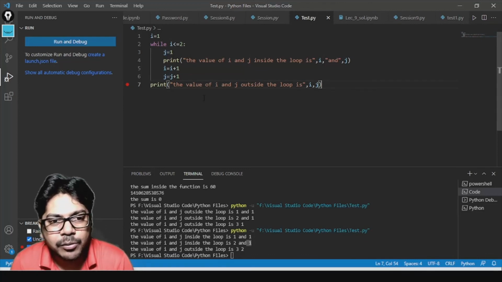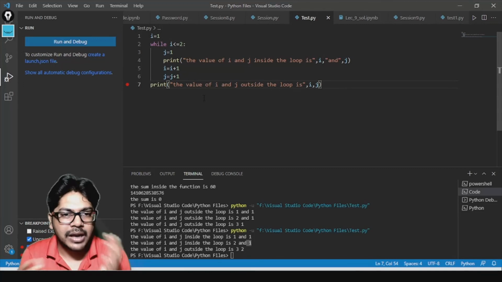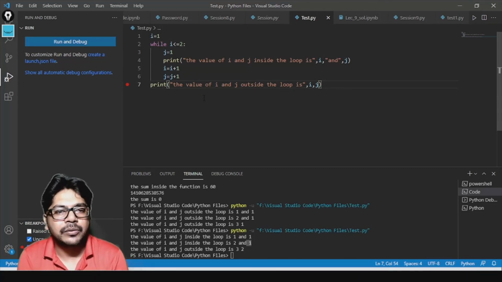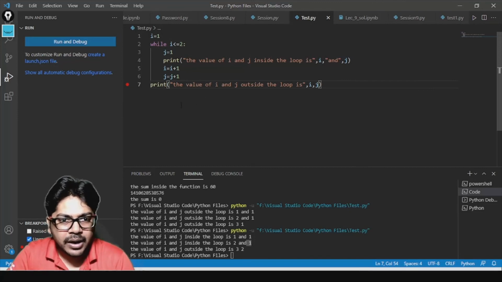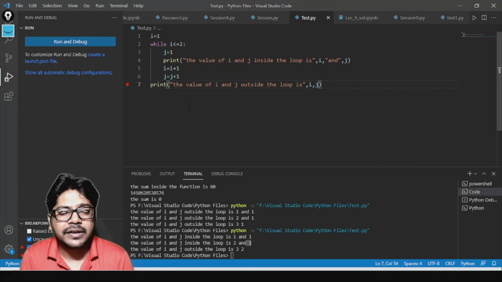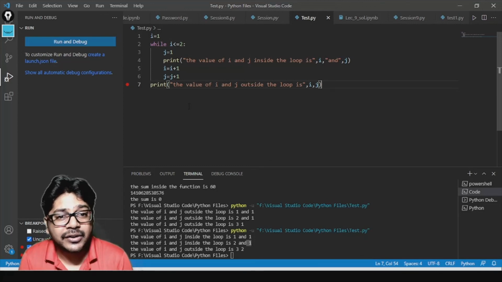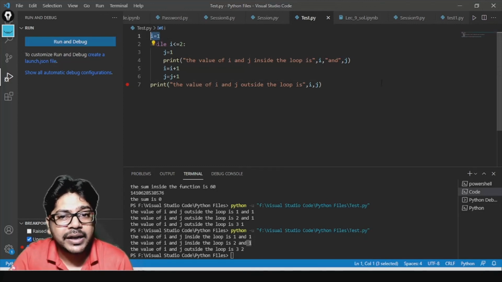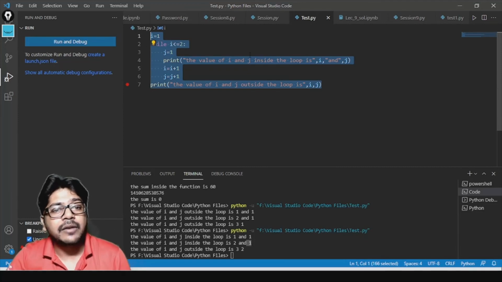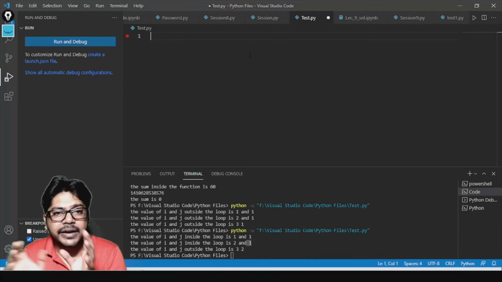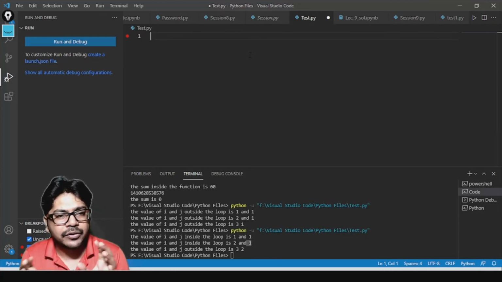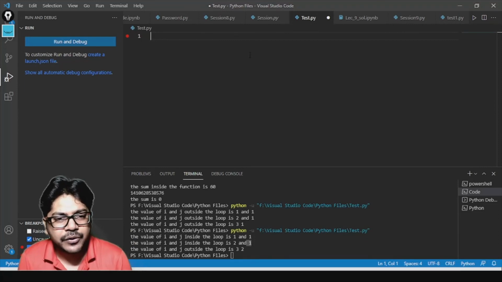So basically global means it is accessible outside the function also, and local means it is accessible within a particular block. I hope that global and local is clear now. Here you can see that i and j are both retaining their values, but in the function it was a different jump altogether, right. So do not get confused by the local and global reference with regard to functions in the same program.